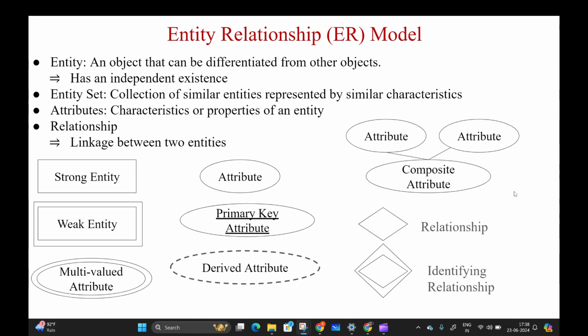Now let's see all the notations that we are going to use. So strong entity, we represent it using a rectangle. Weak entity is represented using a double rectangle. What is a weak entity? An entity which does not have a